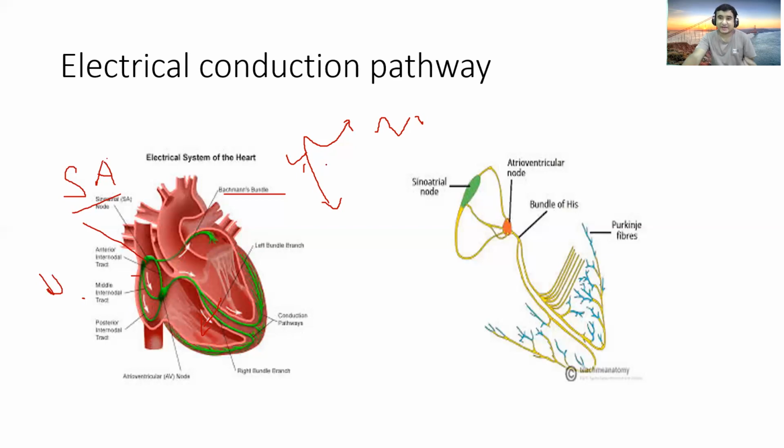So to understand the EKG, we also have to know the septal depolarization. Initially, there is a septal depolarization from left to right, so the current is flowing in this direction first. Then when the ventricle is depolarizing, there is depolarization of the right ventricle as well as the left ventricle. But as the muscle mass of the left ventricle is much higher than that of the right ventricle, the net vector will be towards the left. So the current will ultimately flow towards the left ventricle, that is downwards and towards the left.